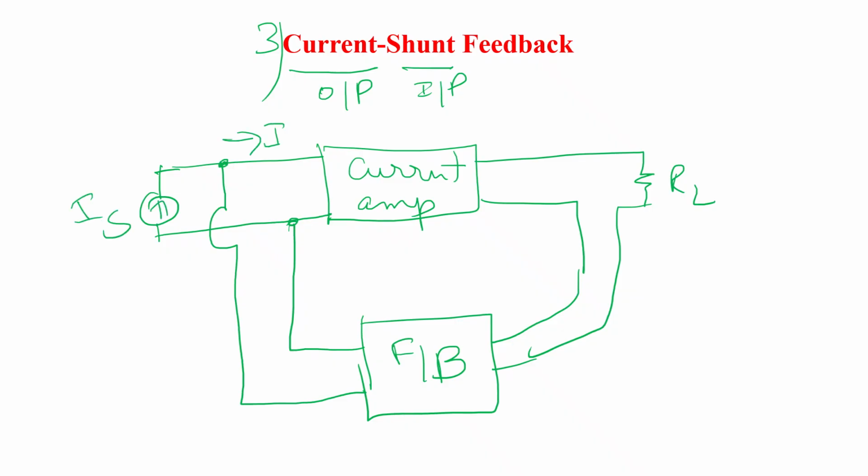I flows into this. VA is a voltage drop across, and I naught. Here, the feedback current IF is equal to beta into I naught. In this kind of current shunt feedback, the feedback and the input current are applied in shunt